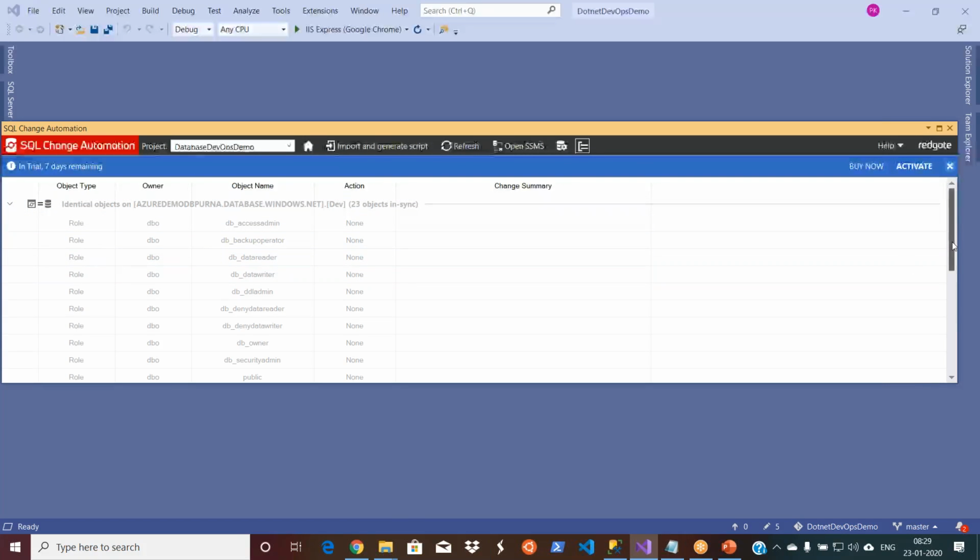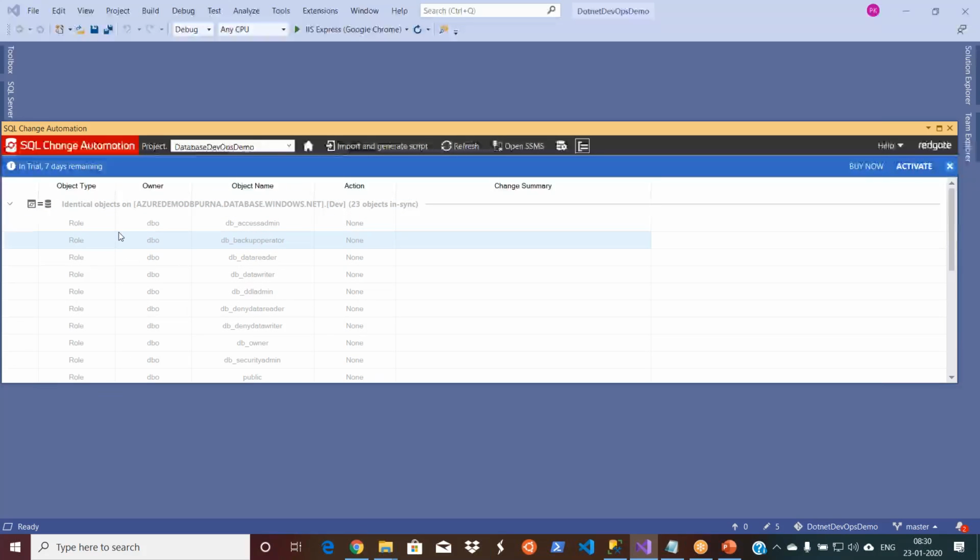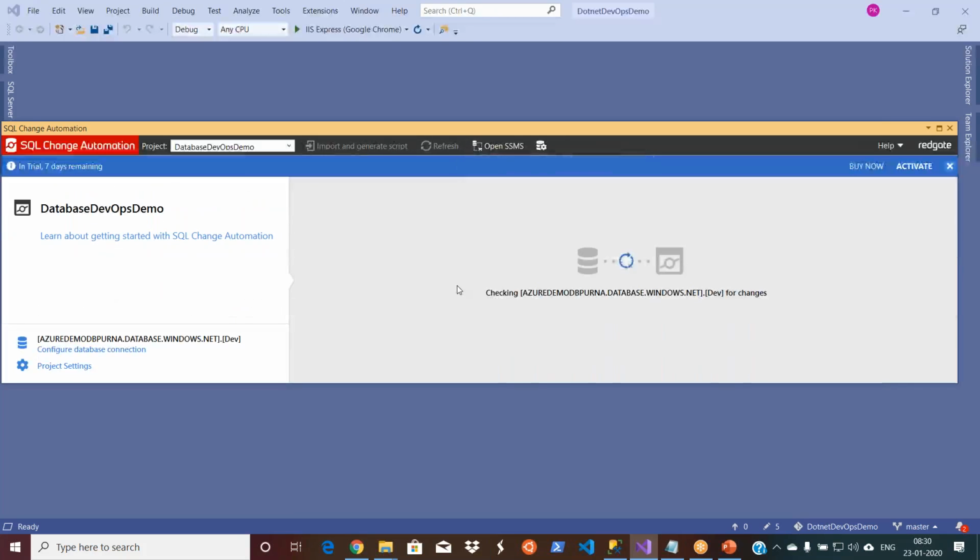Let me drop down. So yesterday we were seeing some errors, right? Those were from the history. I don't know why it came, even those databases were not existing. Okay, now you see only the database objects which are related to your DB roles, etc., which are built in. Now I'll go and refresh because just now I created a table. Let's go and refresh it. Now it should give me the tables.